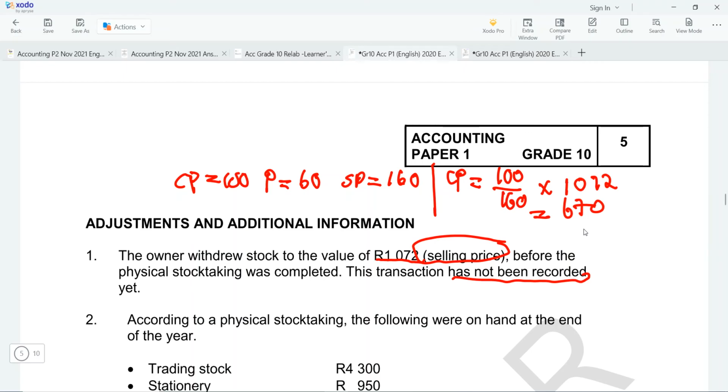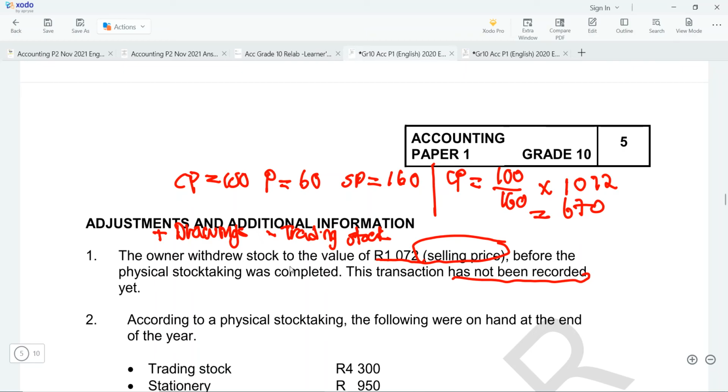So we need to ask ourselves which accounts are affected whenever the owner takes stock for personal use. Remember, it's an increase to drawings. Drawings are increasing, and when they increase, they reduce owner's equity, and it's a minus to trading stock. Remember, this trading stock has not been recorded in the stock that is available in the trial balance, so it still includes this 670. So this means that I need to update my trading stock account so that I can